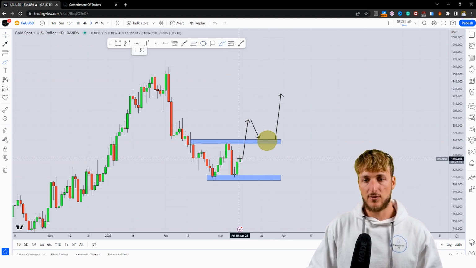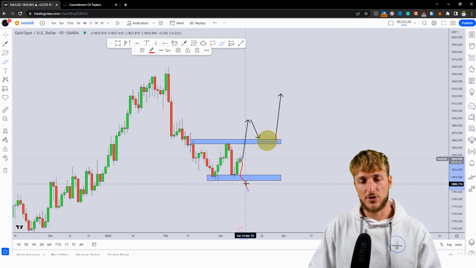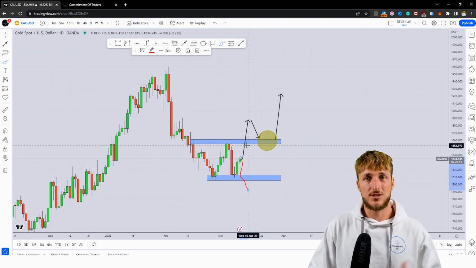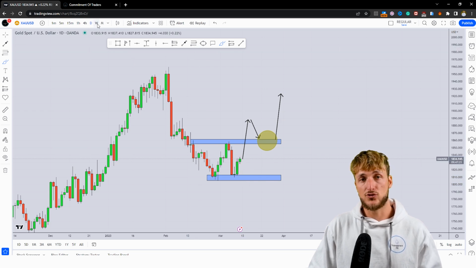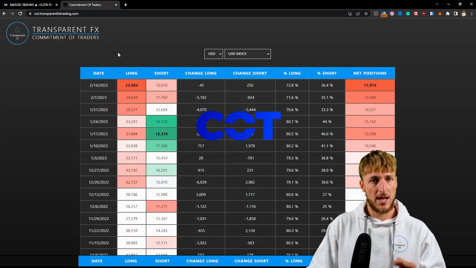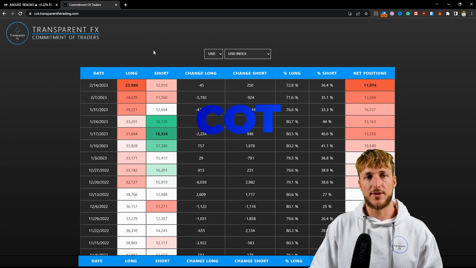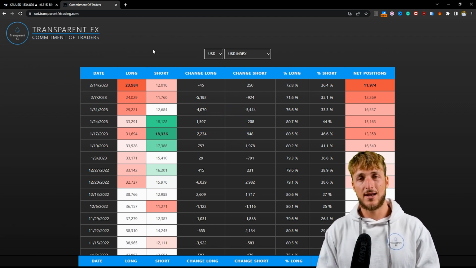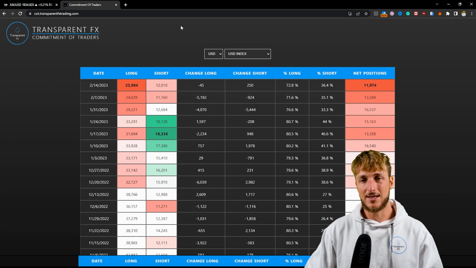However, at the same time, if the market will break lower, at that point there is nothing to do and just to wait to see if the market actually manages to break below the weekly support. Now, if we go and see what we have when it comes to the commitment of traders, so the COT data, which is what the non-commercials, so the biggest speculators in the market are doing, and we check the data